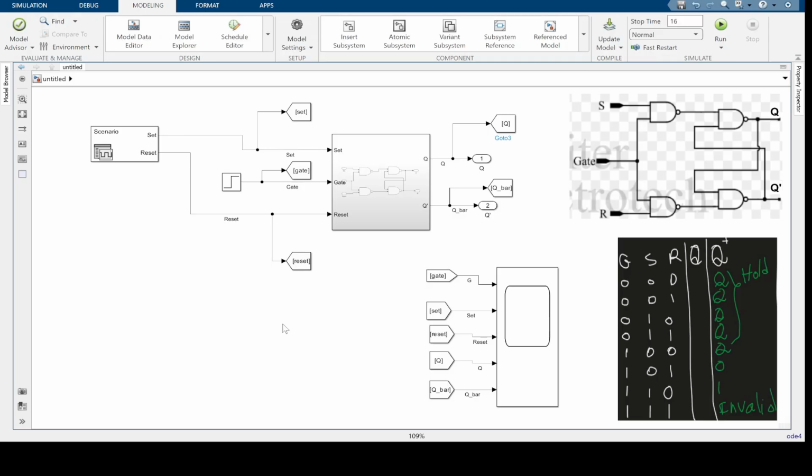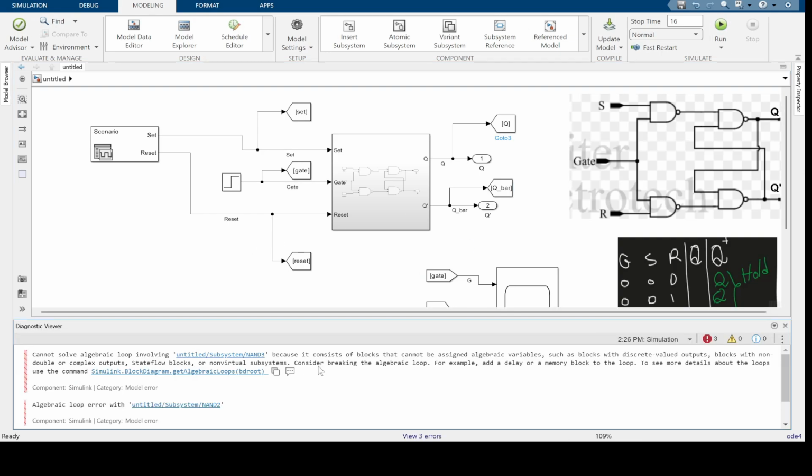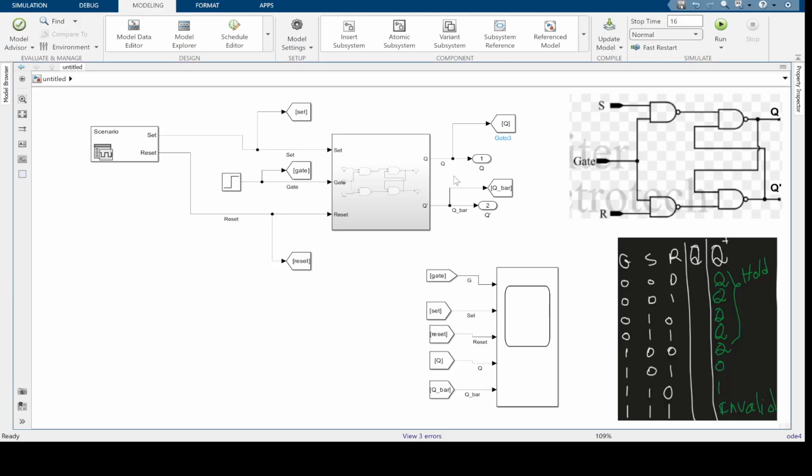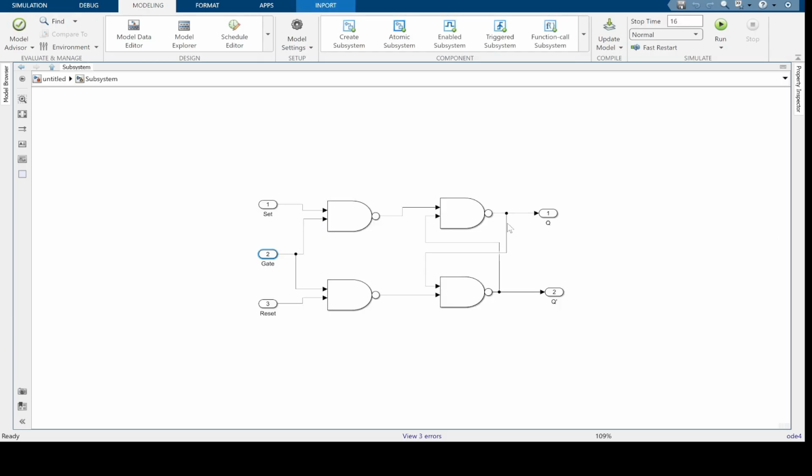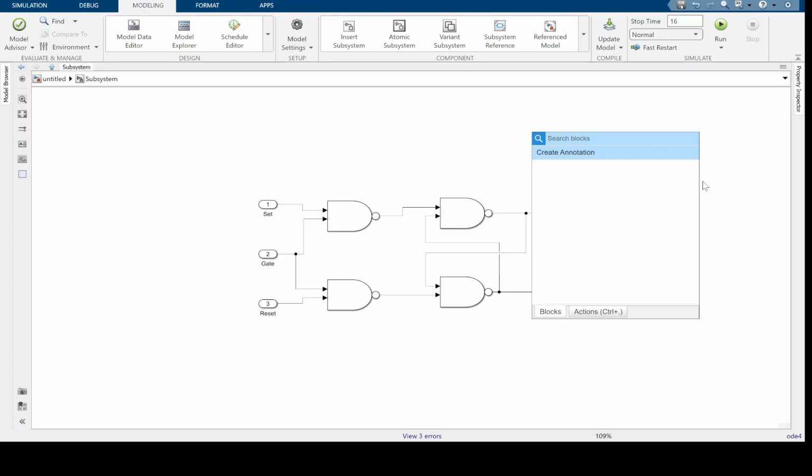So that's it. Now if we run the simulation, it will create an error. We mentioned that in the previous Simulink video, because we don't know the current state of the system. Is it 0 or is it 1? Let's show that. If we run the simulation, we will see an error. The way we fix this is we need to have an initial state of the system. Q could be 0 and could be 1. To do this, we can use a memory or delay block. So, Unit Delay,